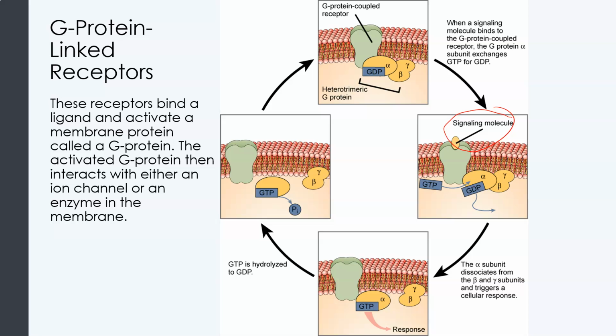The activated G protein then interacts with either an ion channel or an enzyme in the membrane. So here we see the signaling molecule binding, and in the next step,